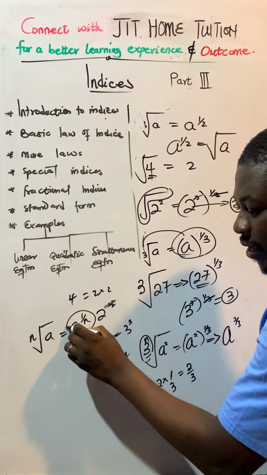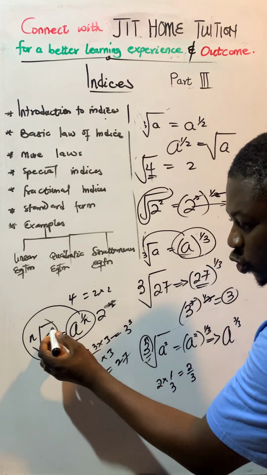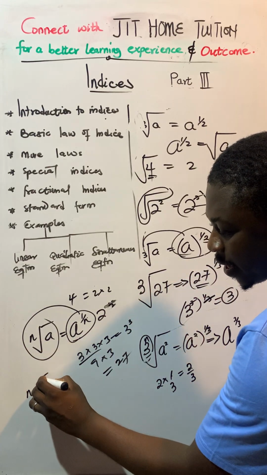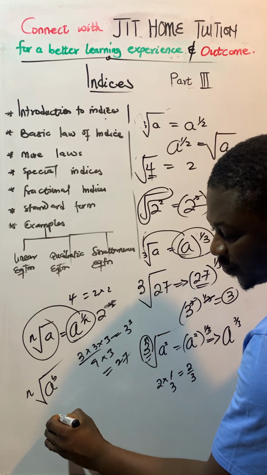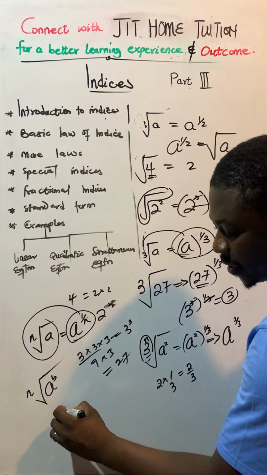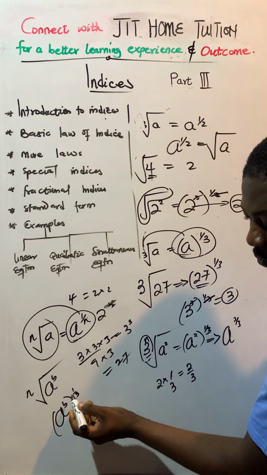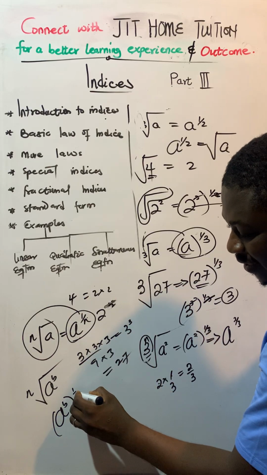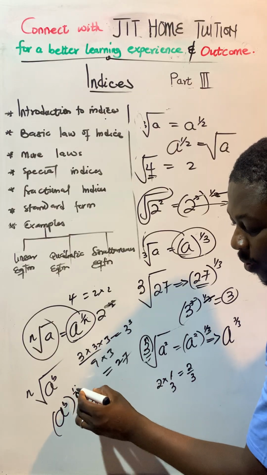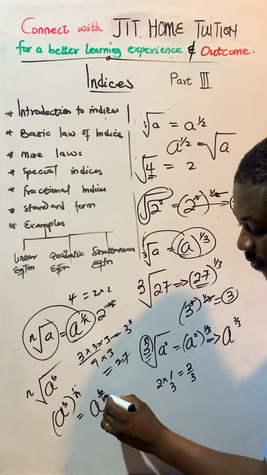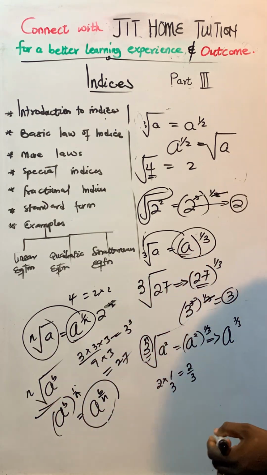Meaning that when you have a exponent 1 over n, you can now change it to what you have over here. And assuming that you have the nth root of a exponent, let's say b, that would have become a exponent b multiplying this. Sorry, I wrote 3 because I've been using this n rather. So that will give you a exponent, the b will multiply the 1 over n, giving you b over n. Meaning that when you have this one also, you can change it to what you have over here. So these are